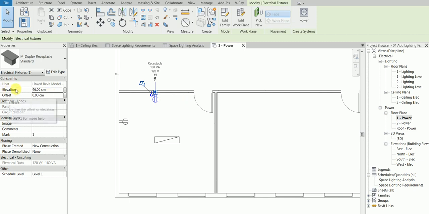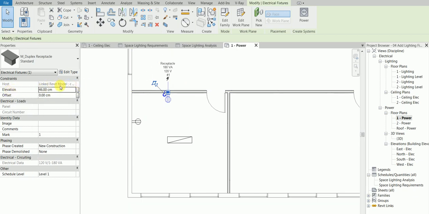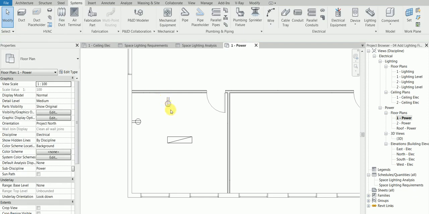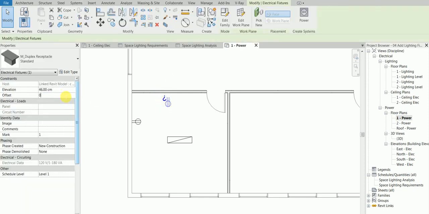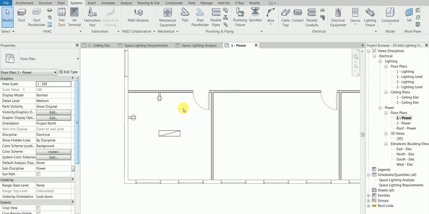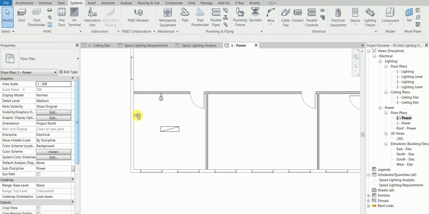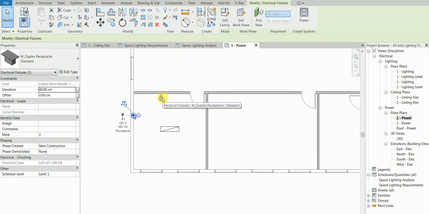Remember, these two things are very important. What's the meaning of elevation? Elevation means from your current level, or the host, you're going up and down. Offset means you're moving the fixture along, let's say, the y-axis. If you keep it here, you would say x-axis, isn't it? Suppose 20, so it goes forward. If I said 0. It's clear. So we've placed an electrical receptacle, standard,